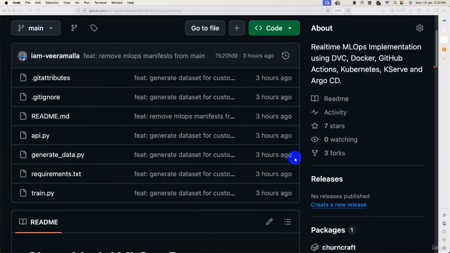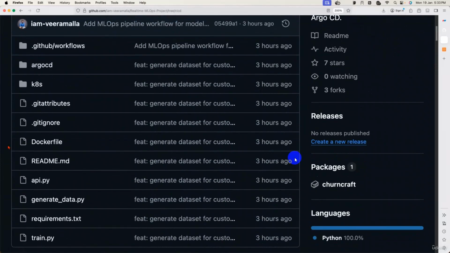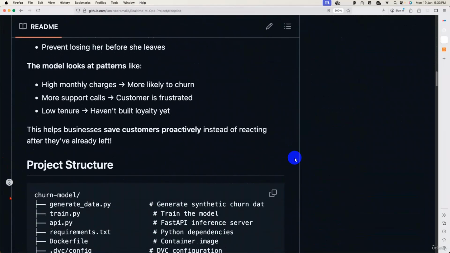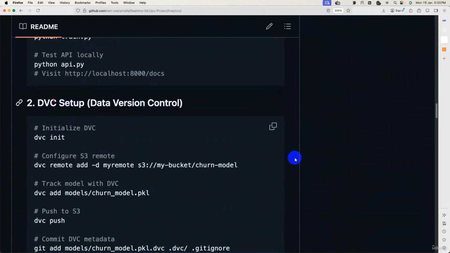At any point of time, if you are not able to follow while you are practicing, if you don't recollect the topics that I explained in this lecture, you can go back and switch to the CI/CD branch. In the CI/CD branch, I already placed the manifest and scripts along with the steps. If you look at the README file of the CI/CD branch, along with the initial steps, you will also find the